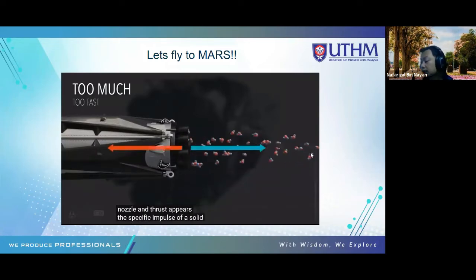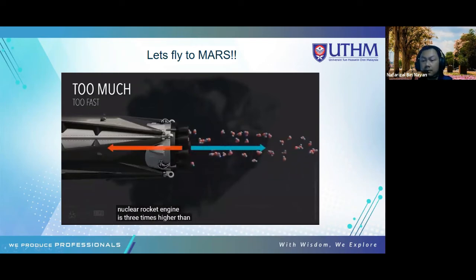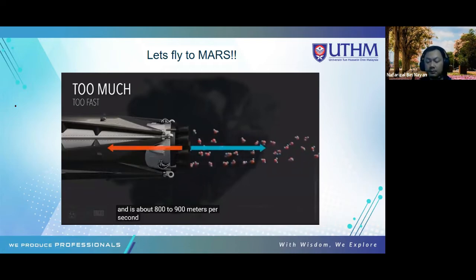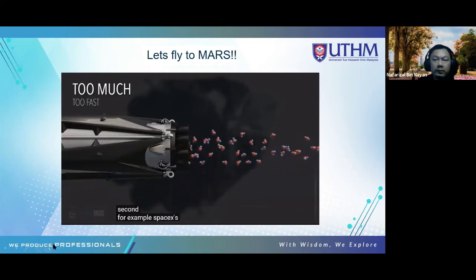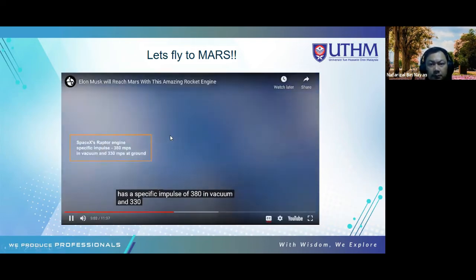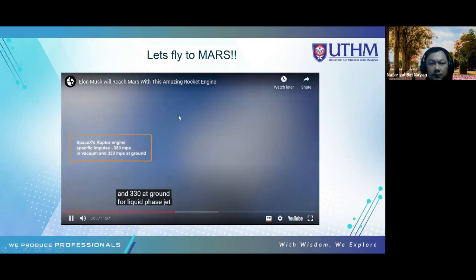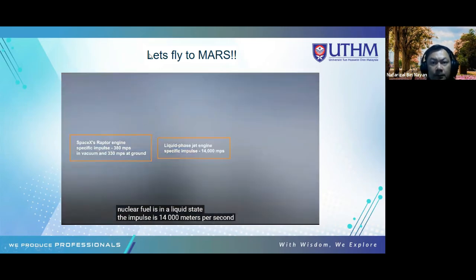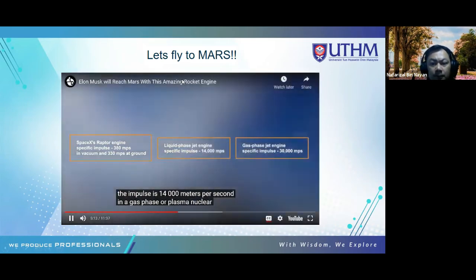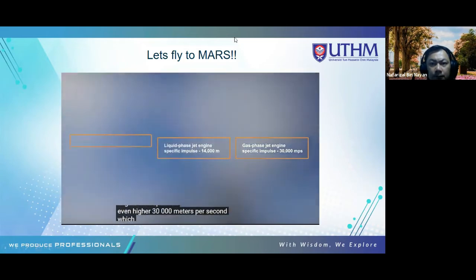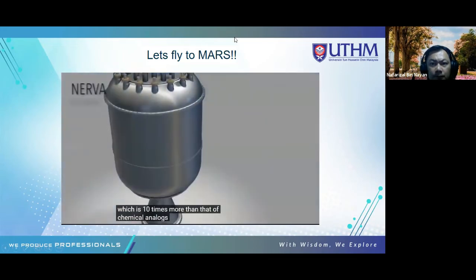The specific impulse of a solid-phase nuclear rocket engine is 3 times higher than that of chemical rocket power plants, and is about 800 to 900 meters per second. For example, SpaceX's Raptor engine used for the Starship has a specific impulse of 380 in vacuum and 330 at ground. For liquid-phase jet engines, where nuclear fuel is in a liquid state, the impulse is 14,000 meters per second. In a gas phase or plasma nuclear jet engine, the impulse is even higher, 30,000 meters per second, which is 10 times more than that of chemical analogs. However, working models of